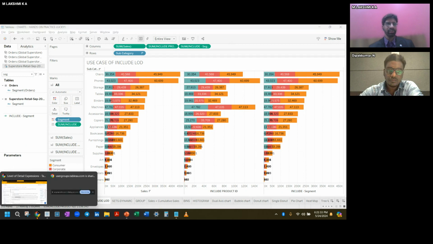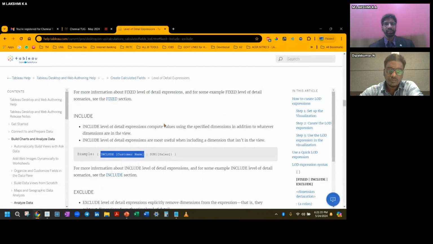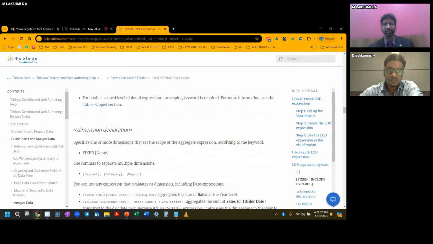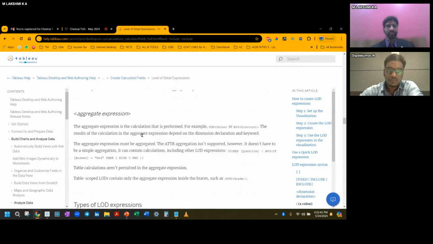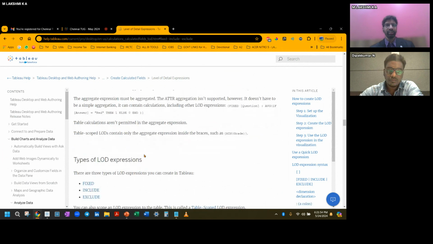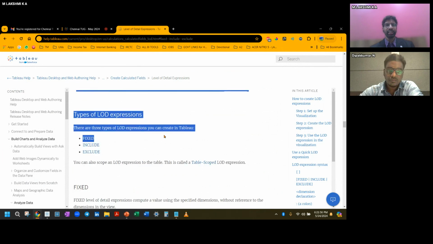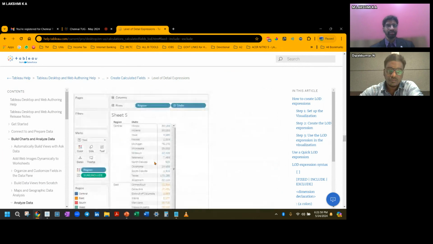So if I come down to this page, there should be one aggregation. The aggregate expression, the calculation that is performed, for example sum of sales or average of discount, must be aggregated. So the level at which we are aggregating matters.